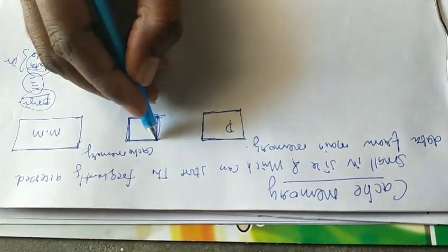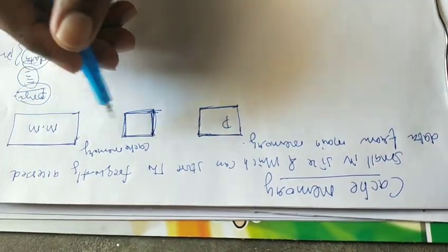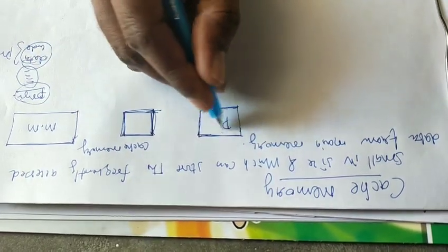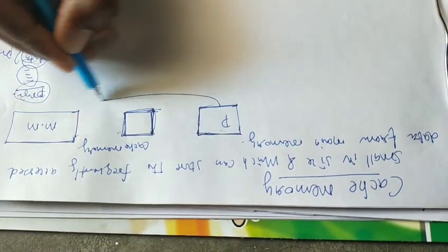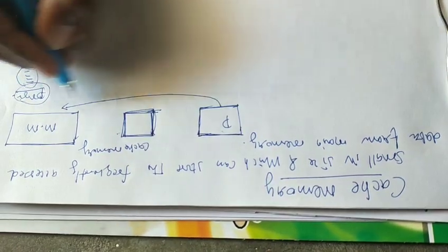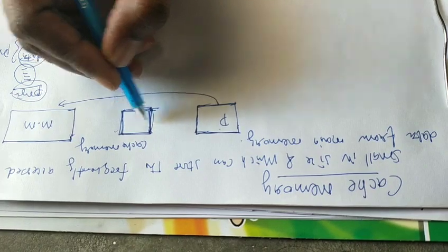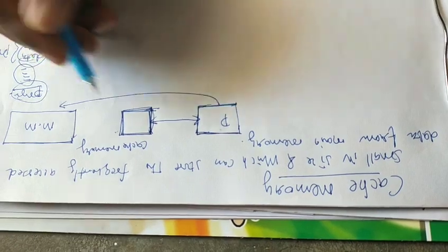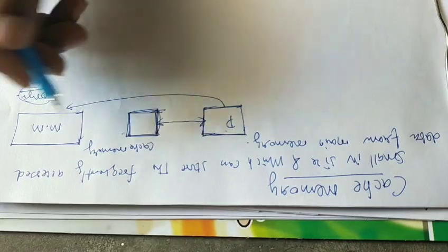The main advantage of placing cache memory between the processor and main memory is that the average access time of the processor is reduced. Without cache memory, every time the processor accesses an instruction from main memory, the access time is somewhat high. If a backup is there in the cache memory, then the processor can directly access the data from cache. This is the main concept of why we have cache memory between the processor and main memory.